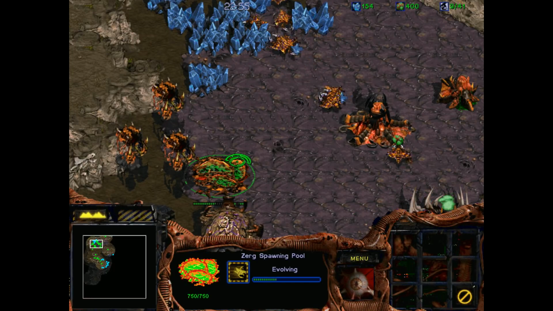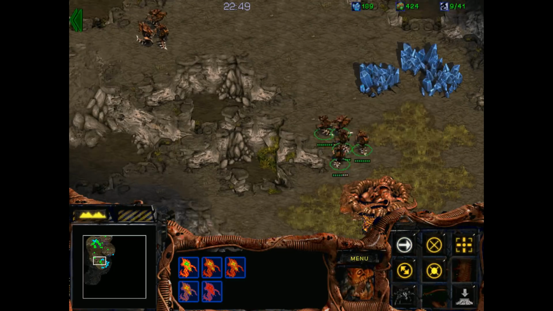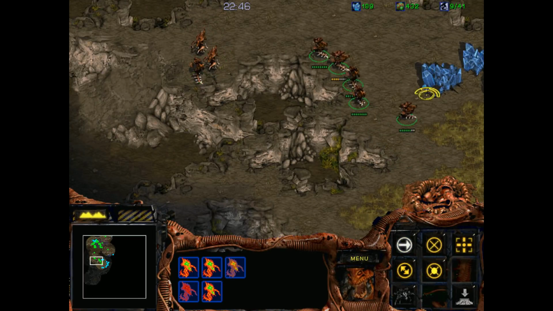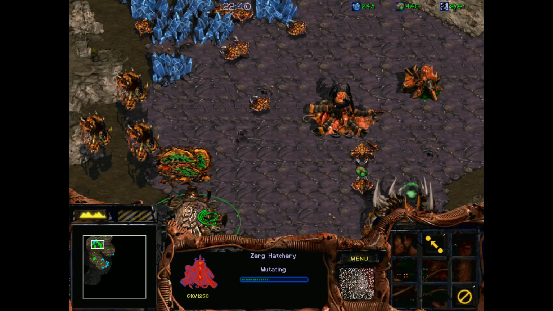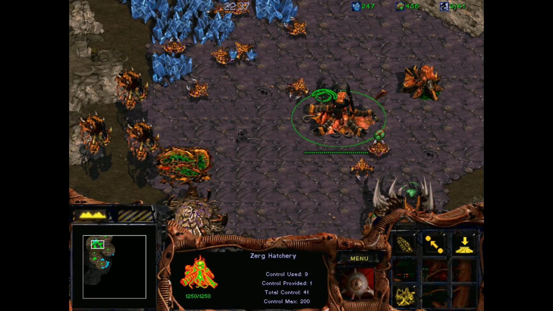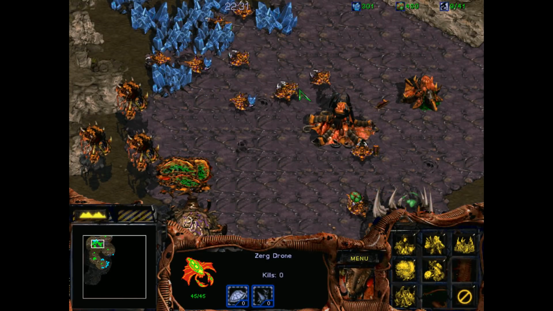So that was odd. I think the whole idea is like, well, you better be ready, otherwise you're going to get smoked. Anyway, this will be our third hatchery if we can make this. We're stockpiling some resources. We've got a Hydralisk Den. What are our options? Let's check. Only basic mutations, so...